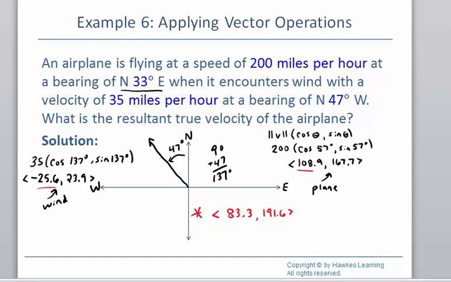Okay, so the question is asking us for the velocity of the airplane. So remember, velocity or speed are both other ways to talk about finding the magnitude. So we're going to take our vector that we found, which is here, and we are going to find the magnitude for that vector. So that's the first thing that I'm going to do. I'm going to plug it into my formula for magnitude, which says I'm going to take the 83.3 and square it, and add to that the 191.6 squared. And when I calculate that,